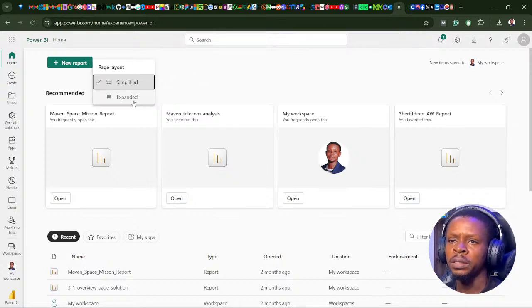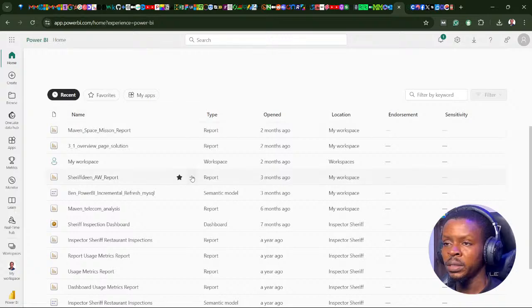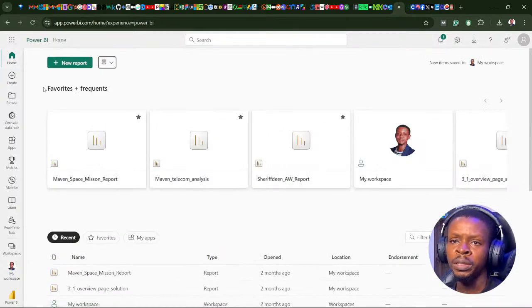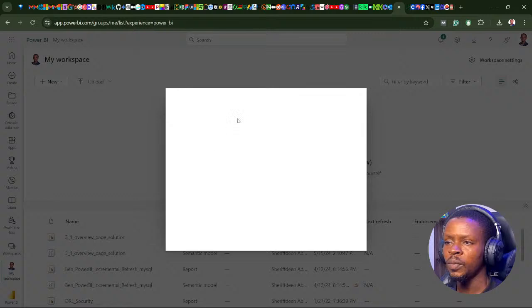This is simplified, this is expanded. Okay, this is expanded. So there's a new report view entirely, or a new home page entirely rather. So you can see we have new features here in the Power BI side. You can see my workspace here. I click on my workspace very quick. So there's a new design entirely for,